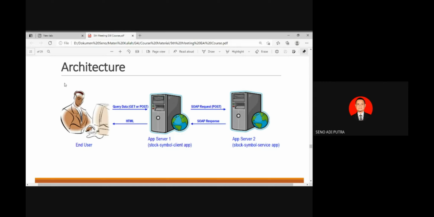And now we create the application here. We create the presentation tier, which includes the MVC pattern: model, view, controller. The controller is represented by a servlet, and the view is represented by a JSP page, Java Server Page.